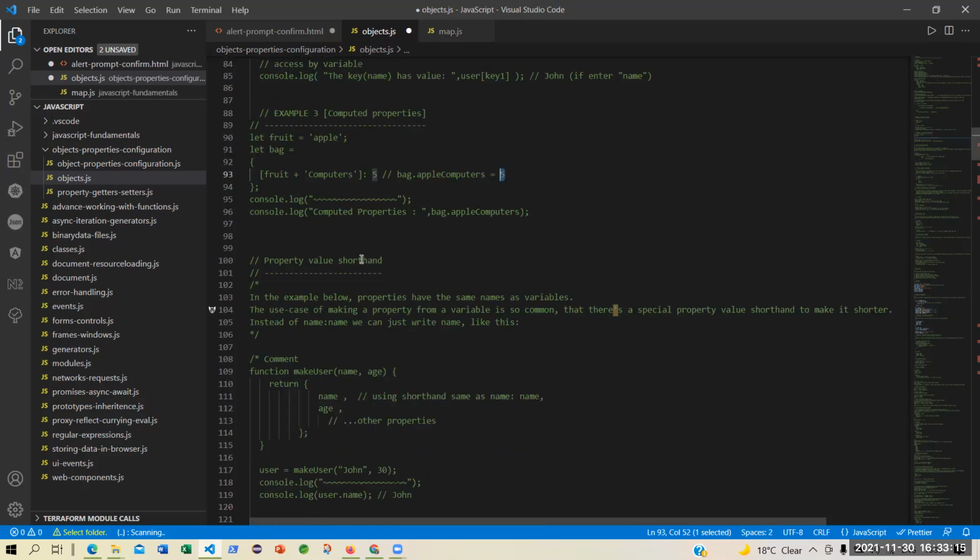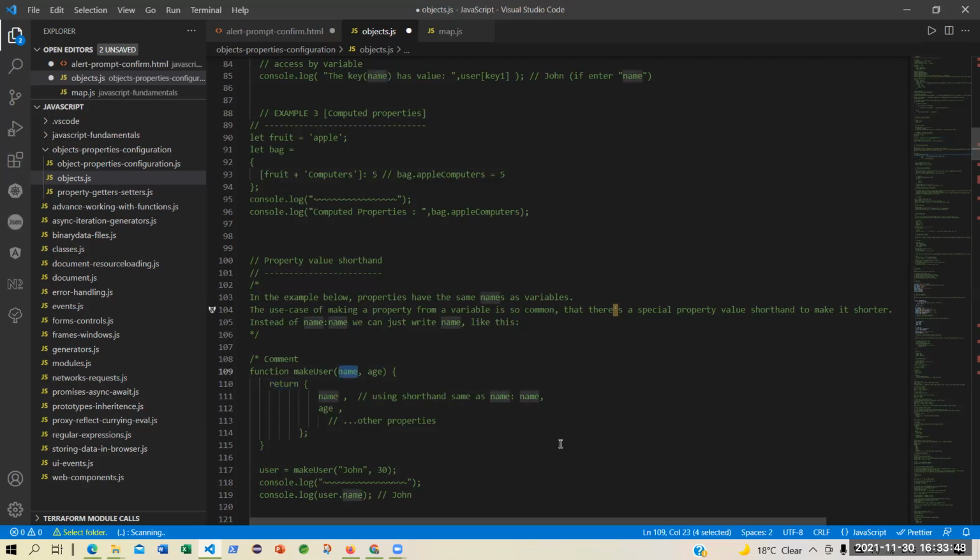Then we have also learned about shorthand. If you are passing into a function certain parameters where the names of the parameters are the same as the properties of an object which the function is returning, then you do not need to mention the property again. Followed what I'm saying?